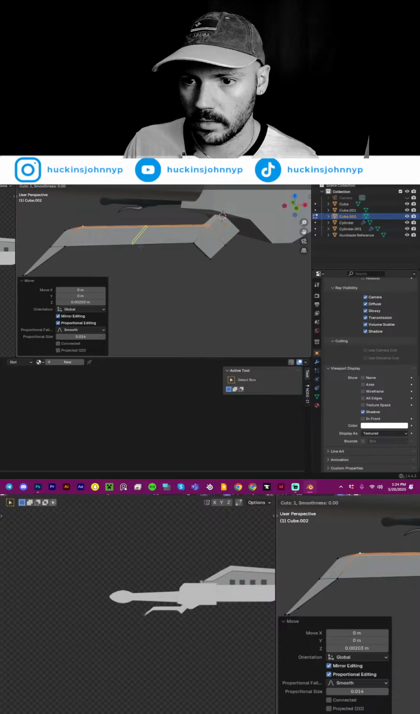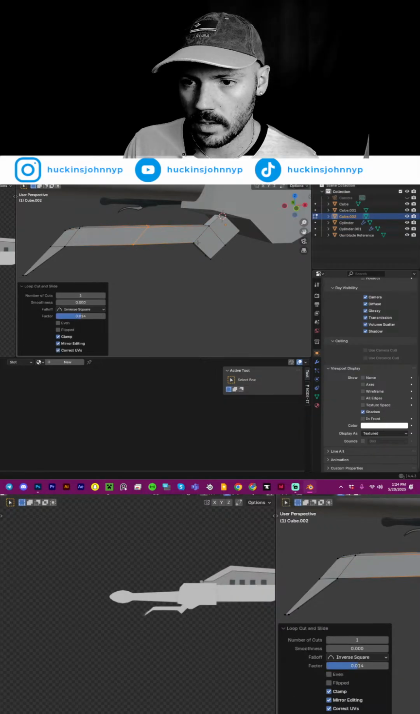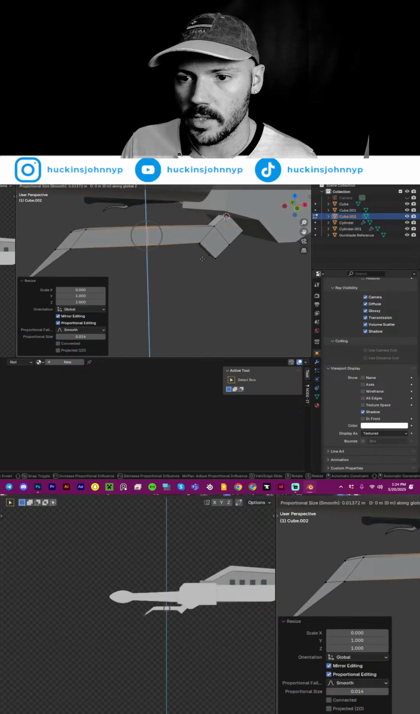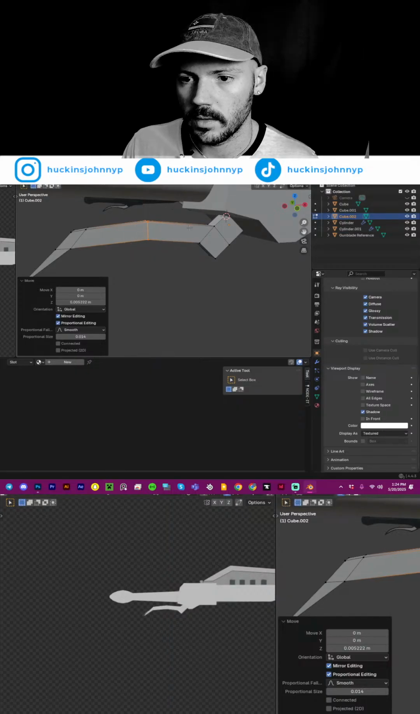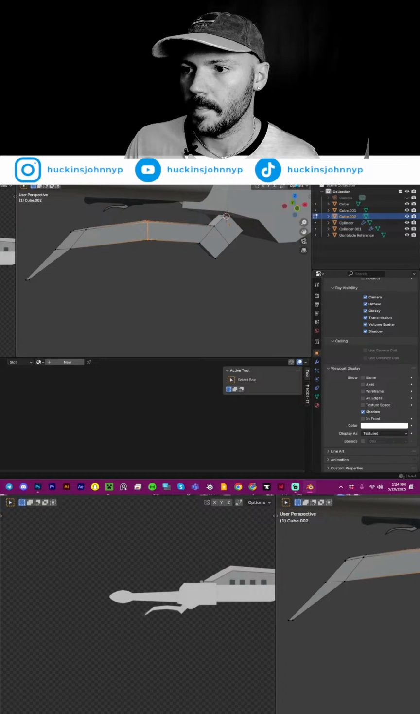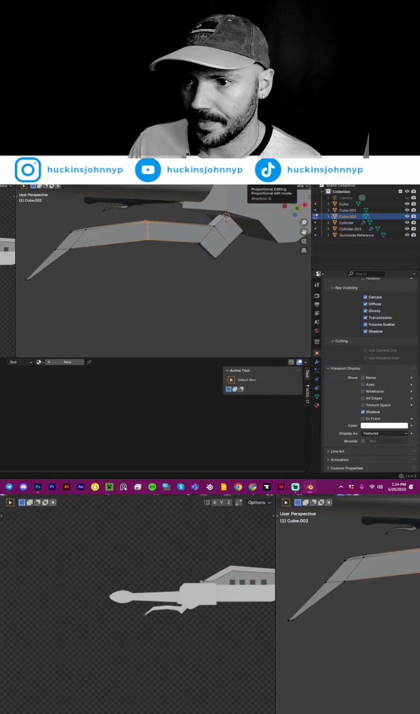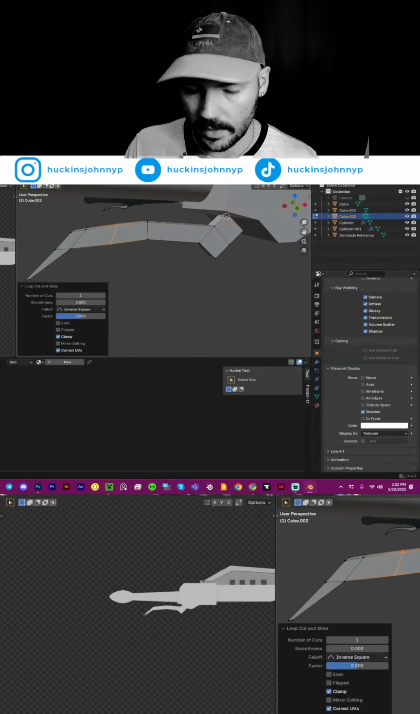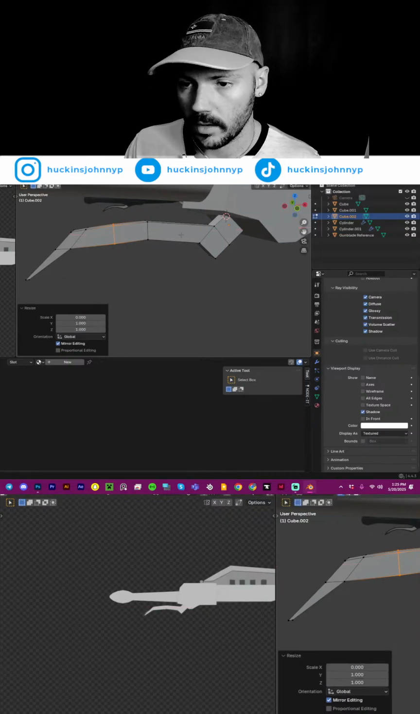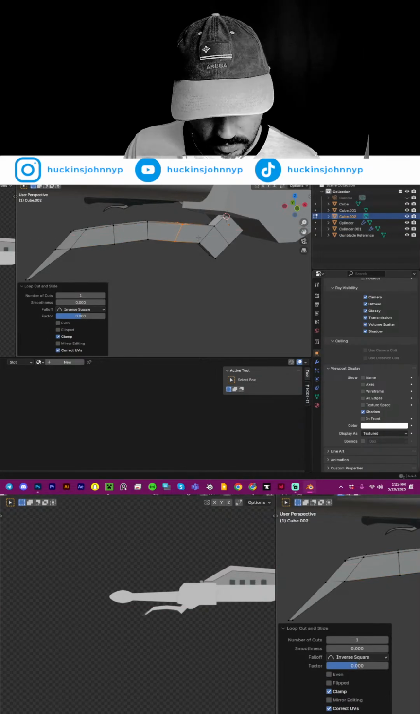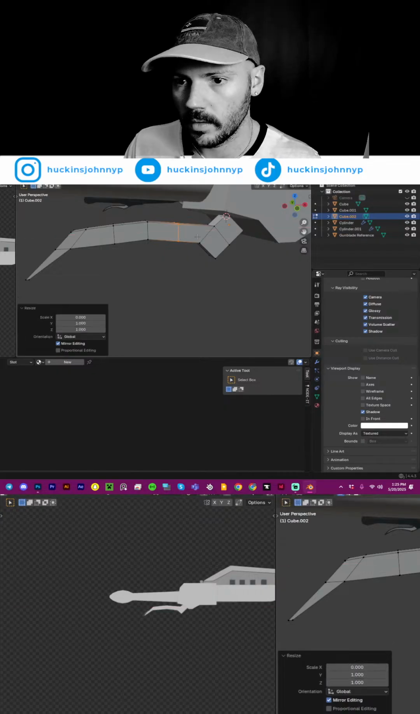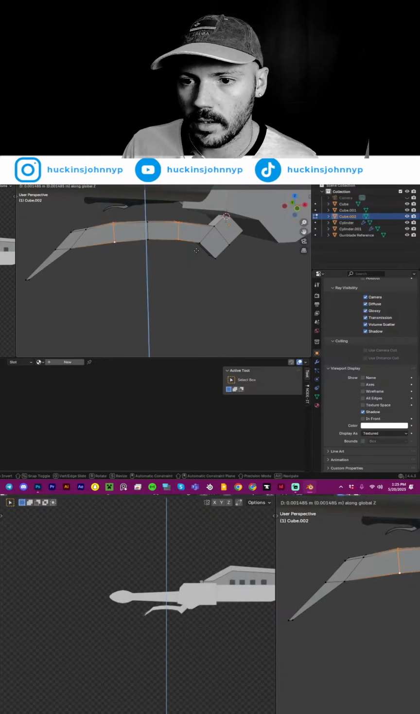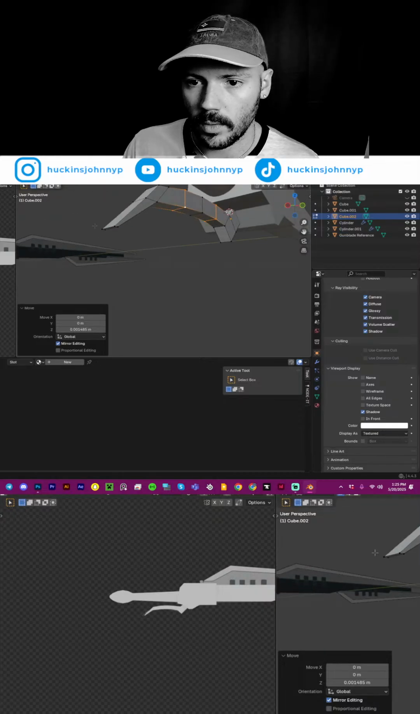Control R, scale X0, GZ, and let's hit O to get rid of the proportional editing, and then we're going to go Control R, Control, and then scale X0, Control R, scale X0, and with both of these selected, we're going to go GZ like that, and grab all of these,